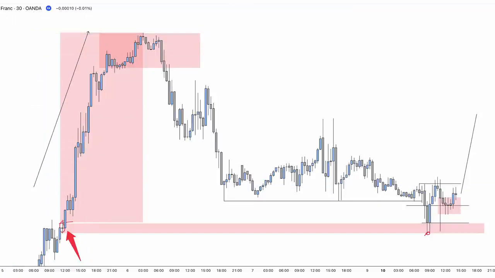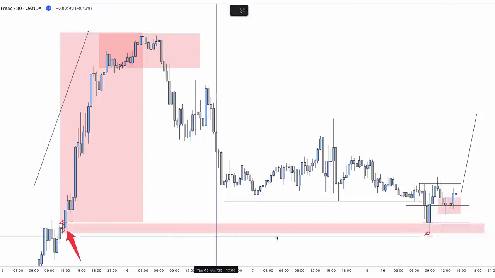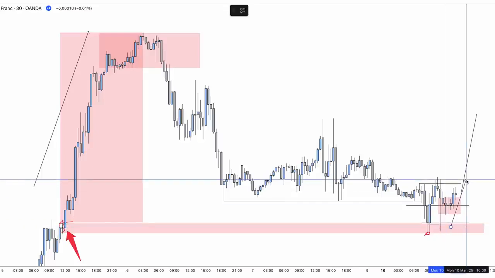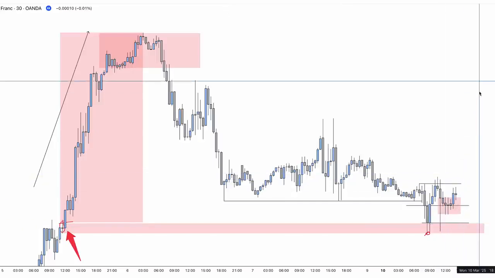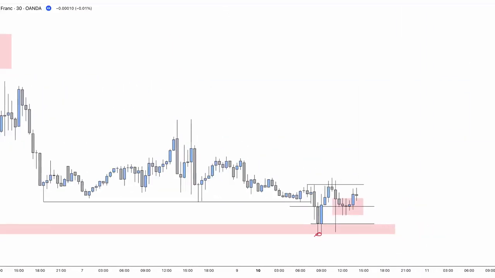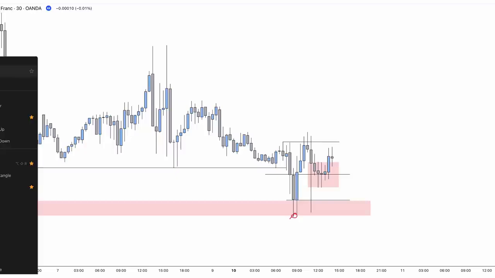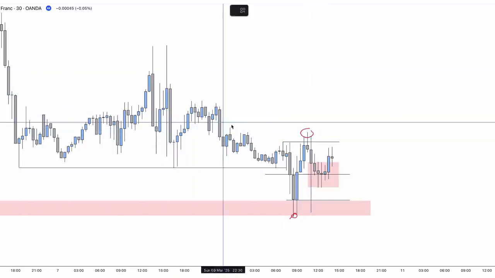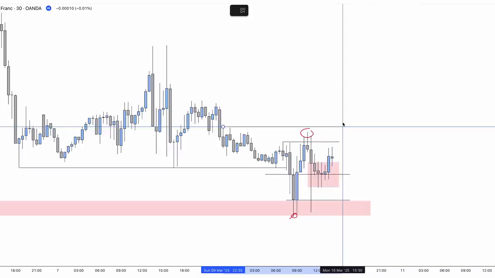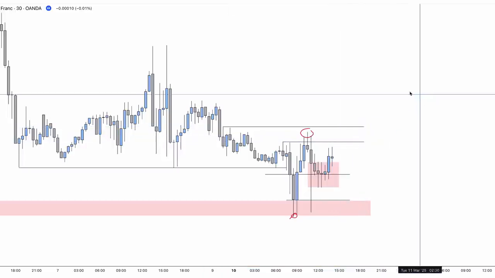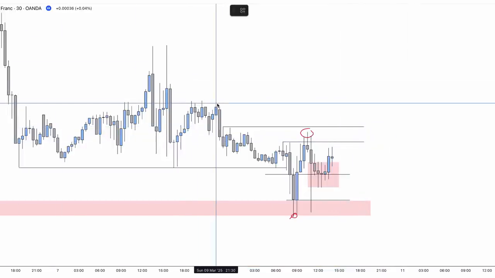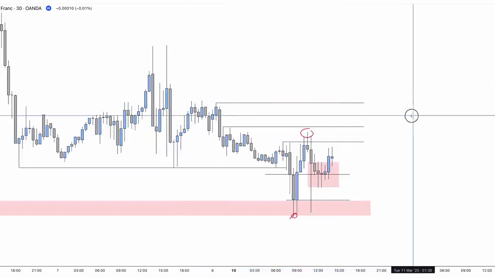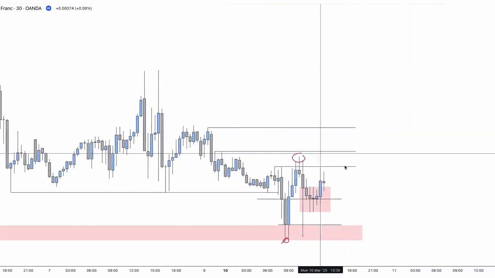We know from a lower perspective that once again, it looks like now that we've met this high interest area, buyers are taking control. We would want to see some more strength candles to really confirm anything here, okay? We haven't seen closures above a notable structure point, which is pretty much going to be here. We obviously have got more points as well, which would indicate further strength from buyers, but we would realistically need to see some strength candles making some significant movements in order for us to be confident enough to buy this